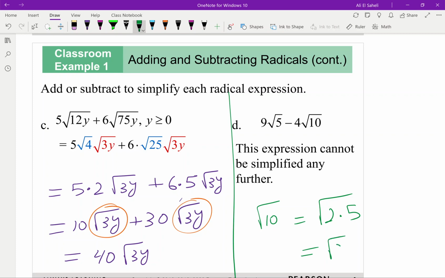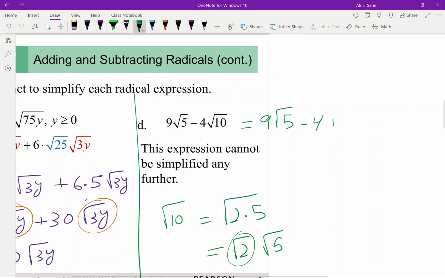So this is radical 2 times radical 5. Still doesn't help, because the radical 2 here cannot be multiplied by this and then added to that. Okay, so this is going to be equal to 9 radical 5 plus minus 4 radical 2